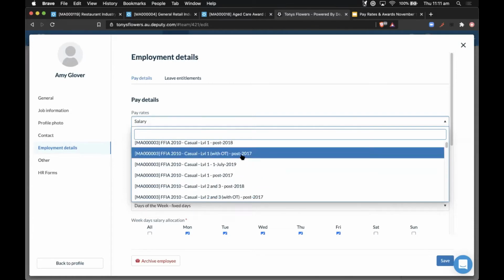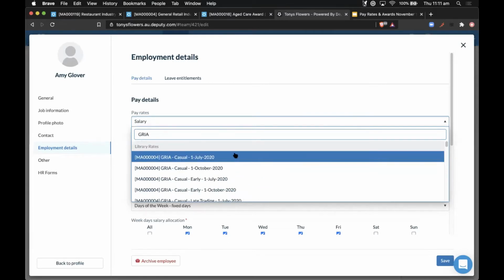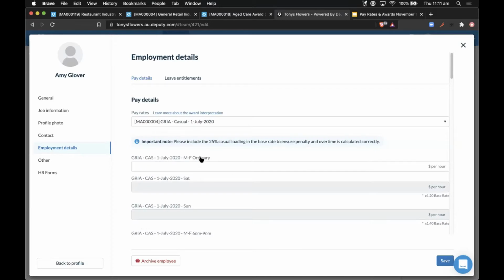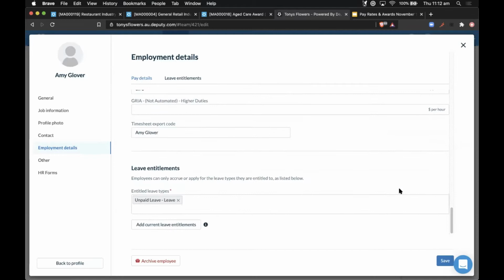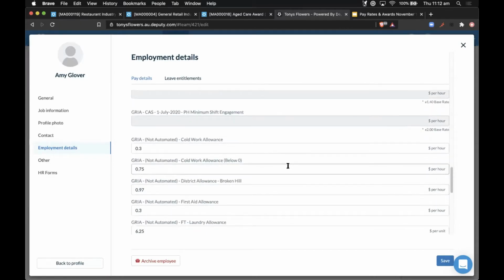So for this scenario, what I might do is just start with basic RIA. But I think that for all of our customers, if you're going to be using an award from the awards library, it's really good to not only see it in the front interface. So let's say we select casual and the state stamp here. But what we also provide on our Deputy support pages is a more easy to read and a bit more official document on not only how all of these multipliers have been updated as per Fair Work, but also all of the allowances that are features of the award itself, whether they are automated or not automated in this case.